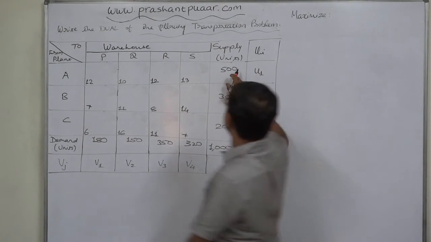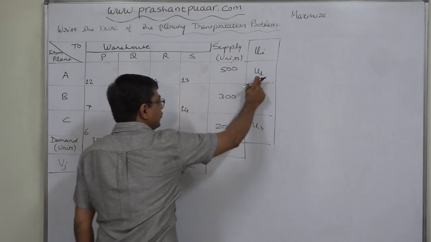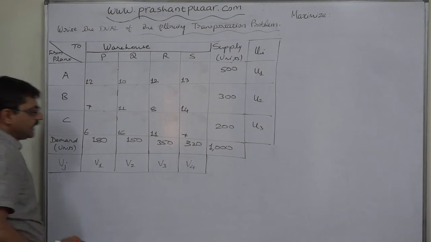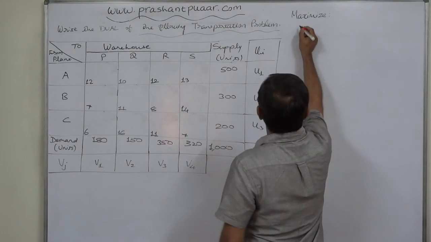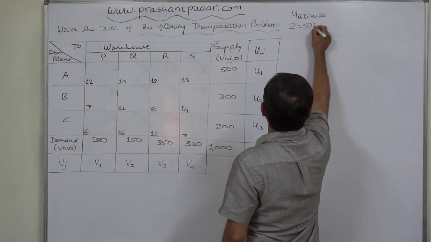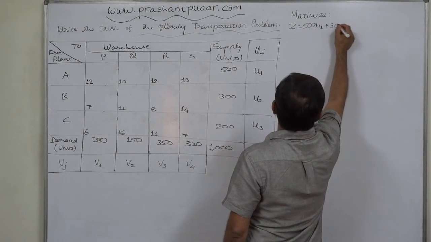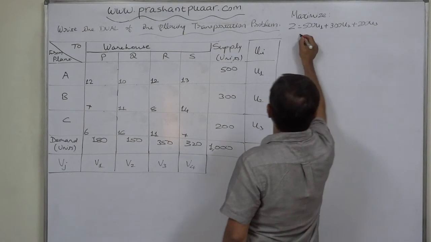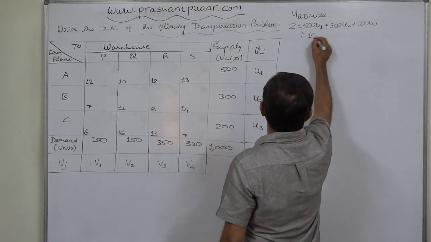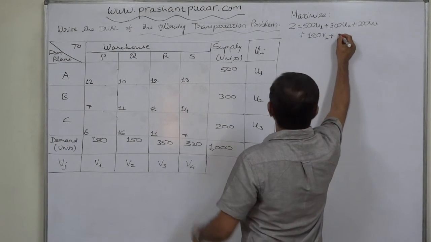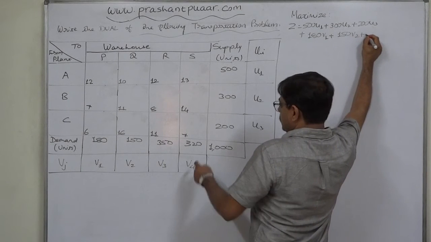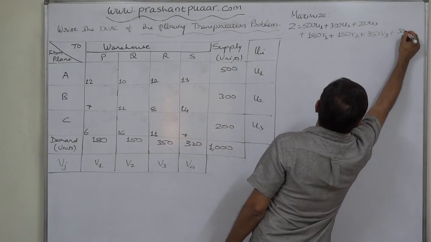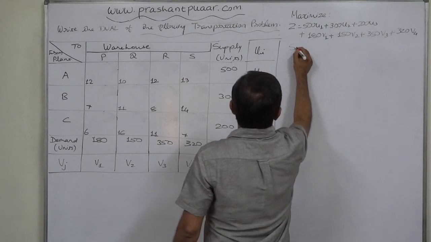The product of supply units and Ui and the product of demand units and Vj. So that will be 500 U1 plus 300 U2 plus 200 U3 plus 180 V1 plus 150 V2 plus 350 V3 plus 320 V4, subject to